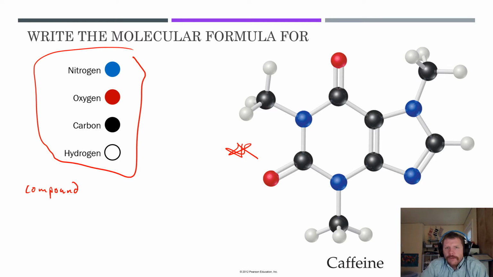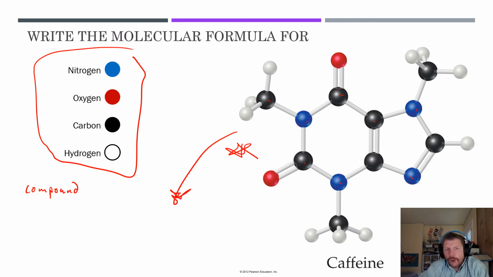Okay, now what you can see here with this symbol is we've got nitrogen represented by these blue spheres, we've got carbon represented by the black spheres, and then we've got oxygen and hydrogen represented by the red and white spheres respectively. So in order to convert this right here into a formula, what you want to do is write